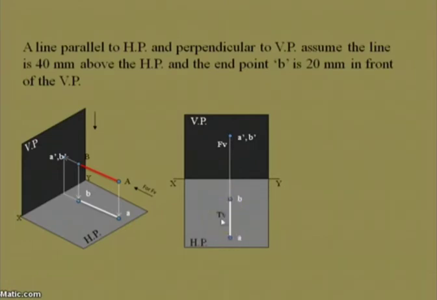So next, how will you draw all these projections on a drawing sheet? What is the procedure? Remember, when the line is parallel to the horizontal plane and perpendicular to the vertical plane, we can see the exact true length in top view, and only a dot in front view. By remembering this and imagining this, we have to represent the front view and top view on a drawing sheet.